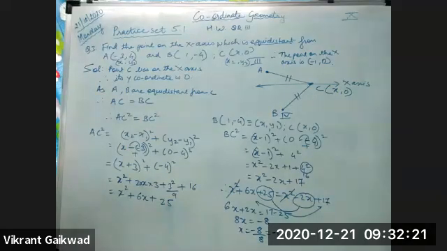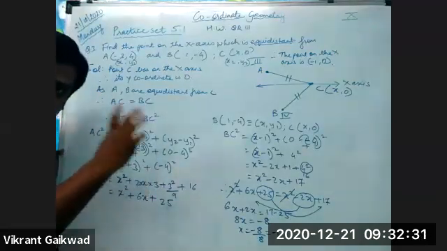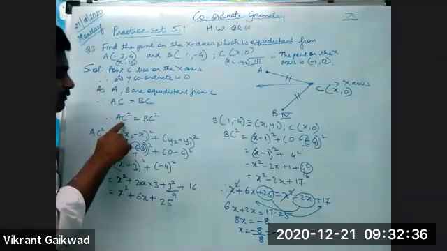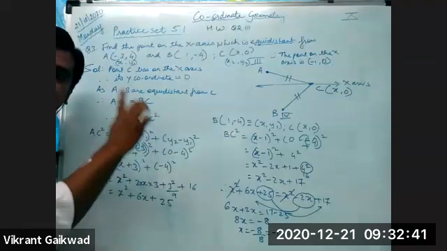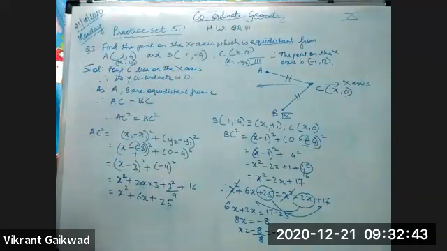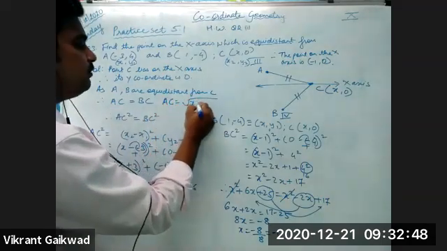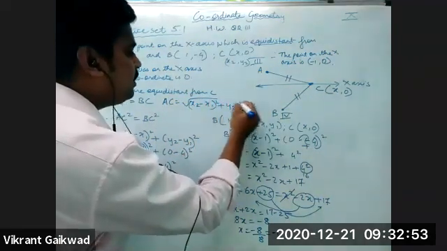Sir, the distance formula was not used in this? See, you had used the distance formula, but in order to go with the root sign, solving questions with the root sign becomes difficult. So what we had done, we had removed the square here. When you remove the square, the root sign of the distance formula is going to go off. See, here, if I write AC, the formula is: under root of x2 minus x1 the whole square plus y2 minus y1 the whole square.